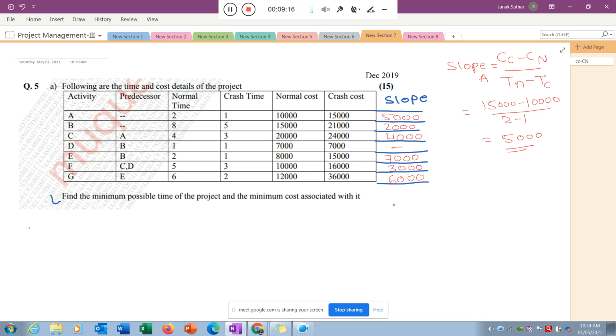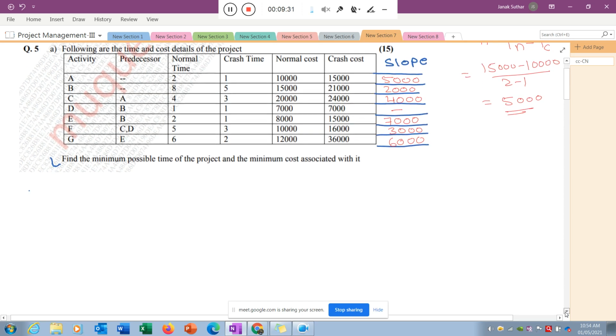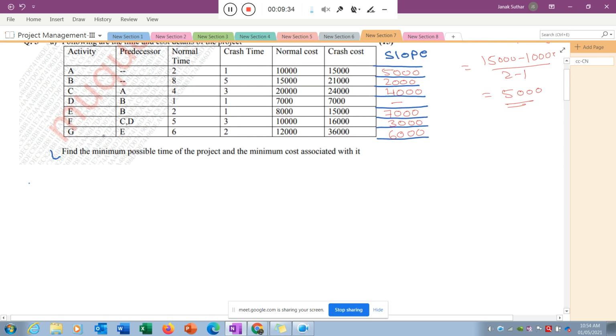The first stage of any crashing problem is to identify exactly how much time the project needs, and only then can we reduce it. So I will draw the network diagram, then identify the longest path, which is the critical path. If there is any doubt, please ask me, class. Activity A and activity B are both independent because there is no predecessor relationship, and I draw them in activity on arrow form of the network diagram.